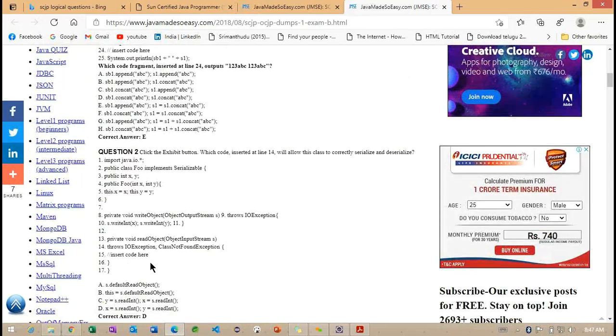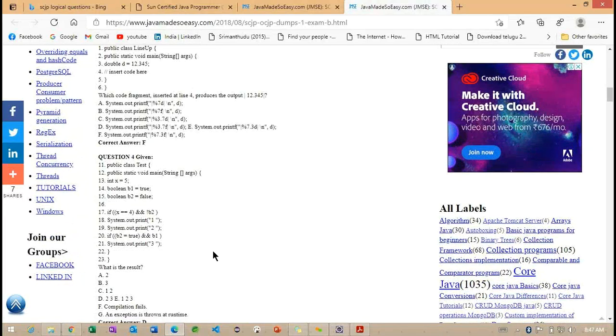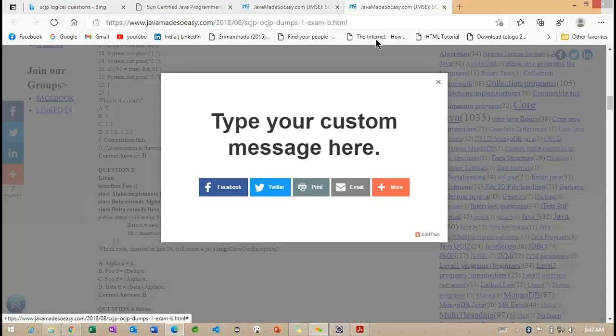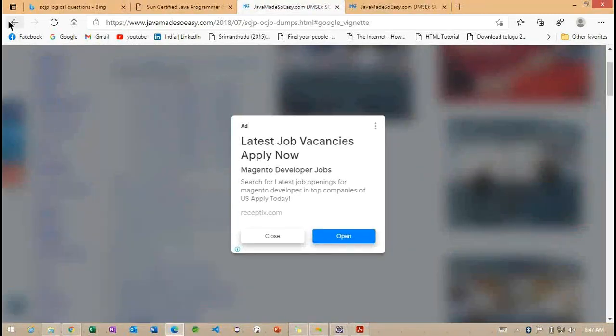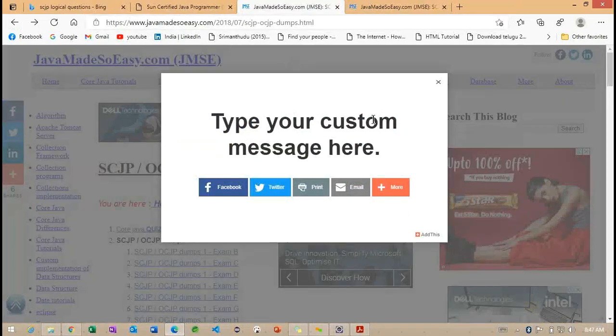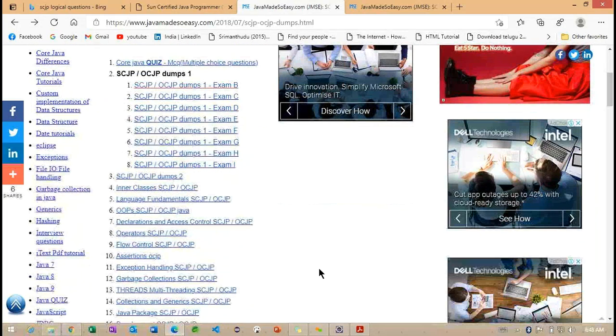Here, this is also insert before. Okay, can you check this example? You may get an understanding of this particular example. This particular website is going to give more information. Now you can see javamadesoeasy.com. Here we are going to have this dummy SCJP example, so that we are going to have more understanding.